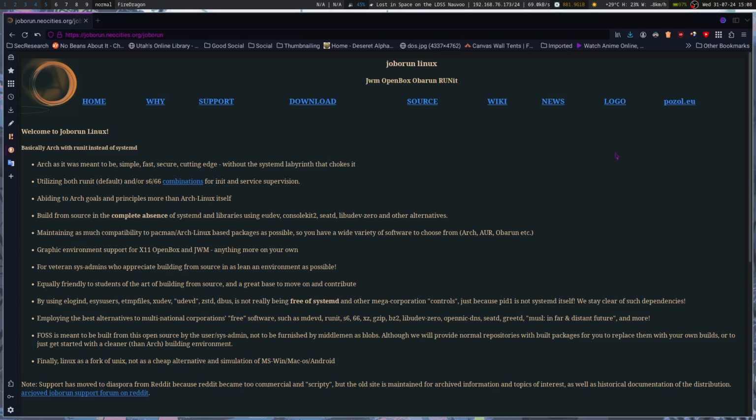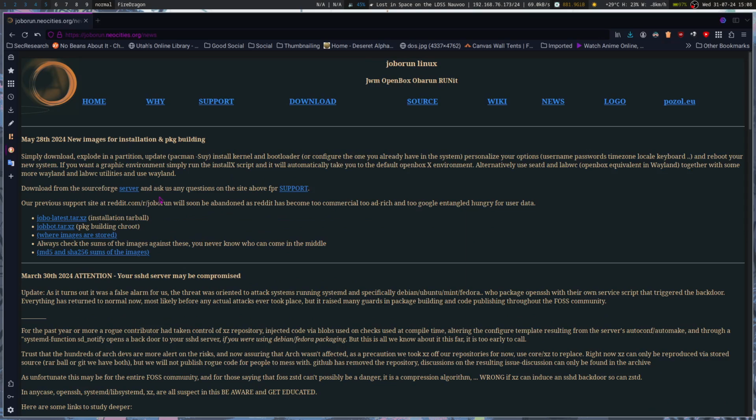So Joborun Linux. Someone on Odyssey commented about this as being one of the ones I was more looking for, I believe on the Void video. So basically it's an Arch Linux base and it's systemd free, but they also go through all the trouble of making sure that any systemd based component is removed, or they try to as much as possible. If we go to the news here, you can see that,